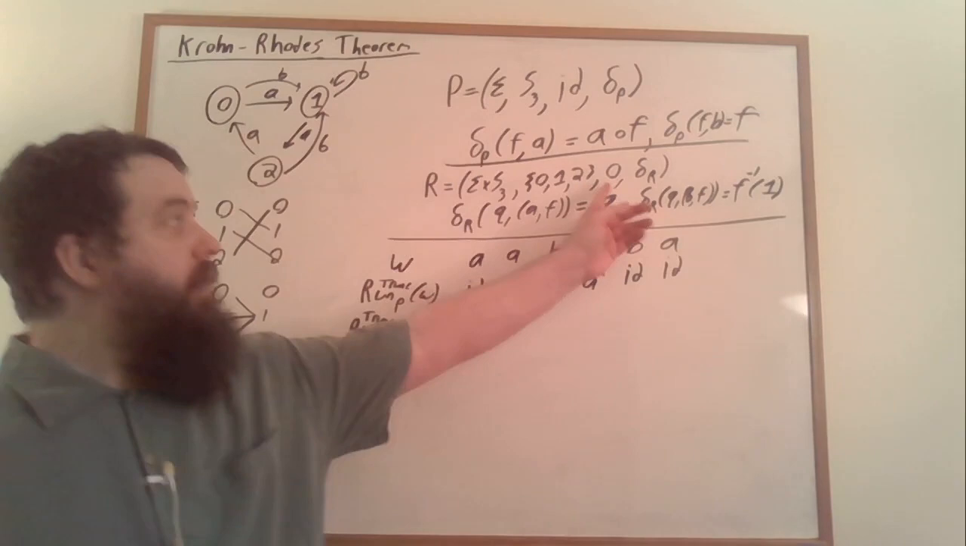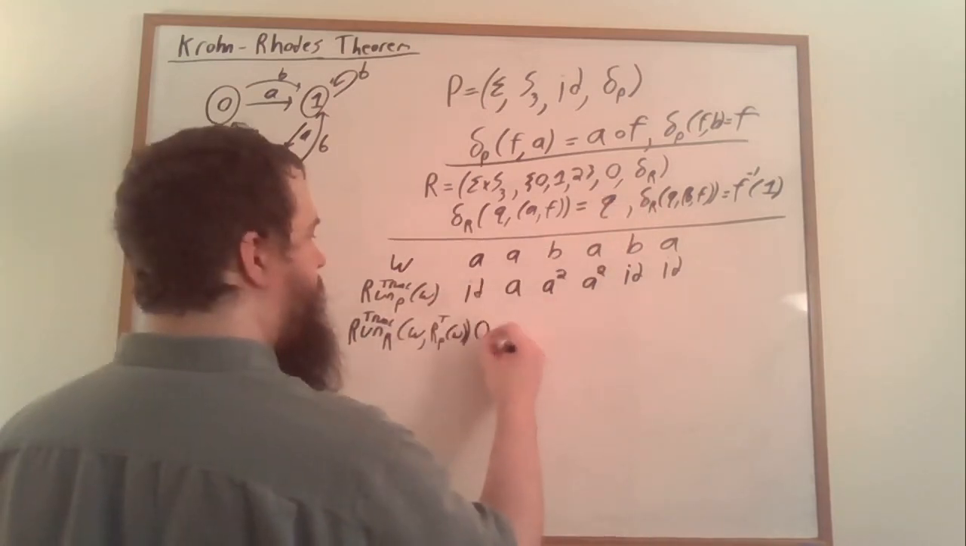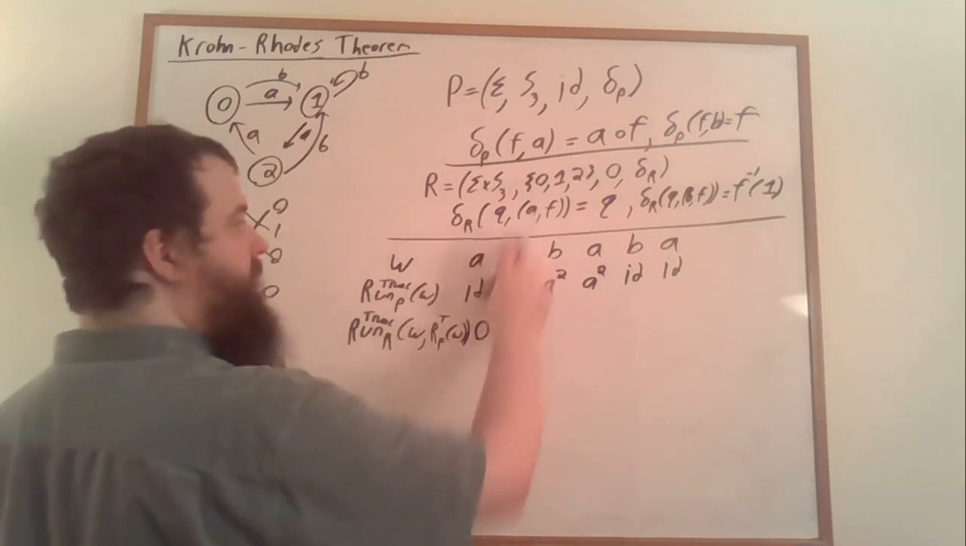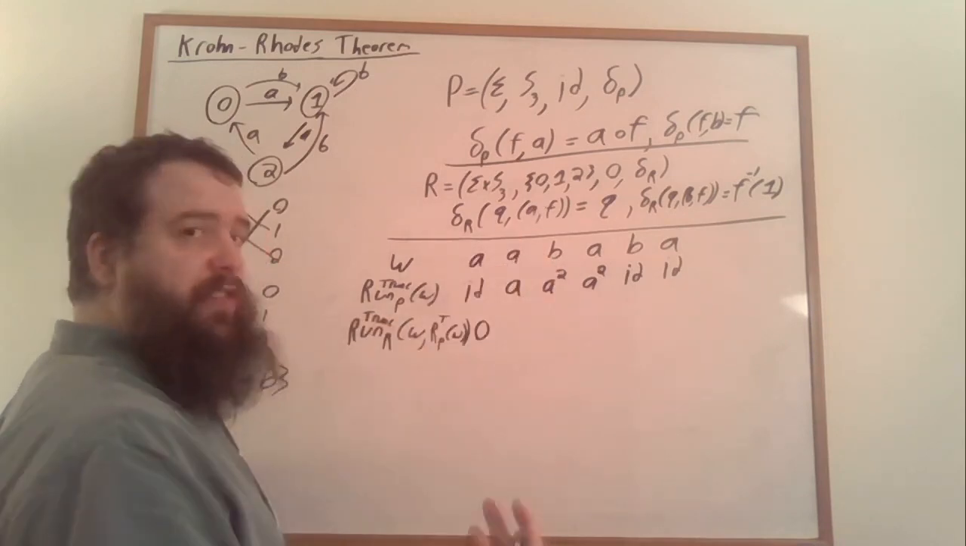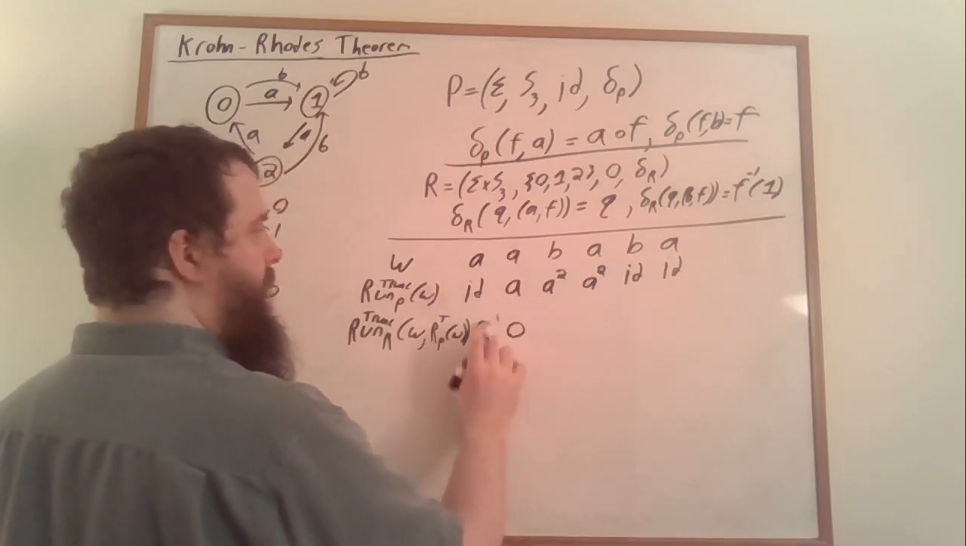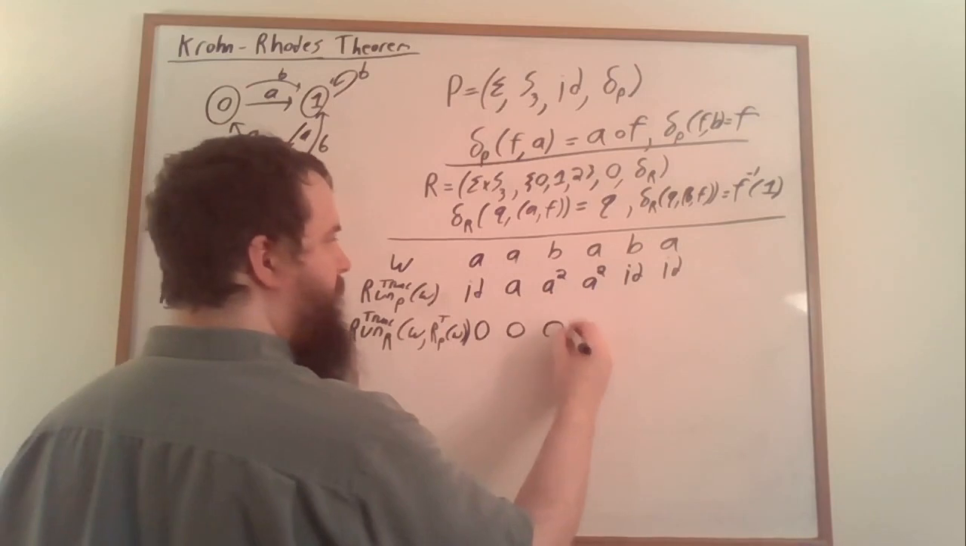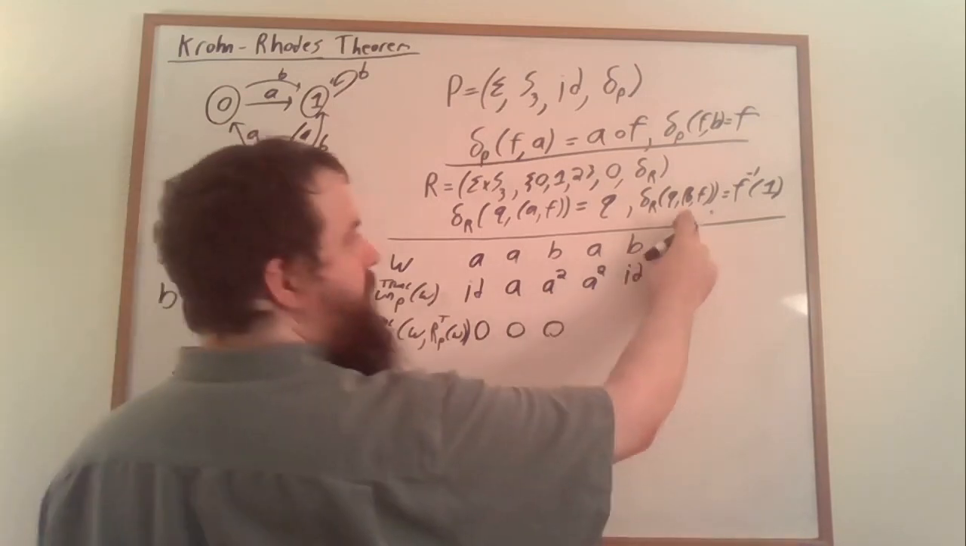R starts off in the start state of the original automaton. And when we read an A in the first coordinate, it doesn't change anything about the state of R. So this A doesn't change anything, this A doesn't change anything. When we see a B, we need to look at